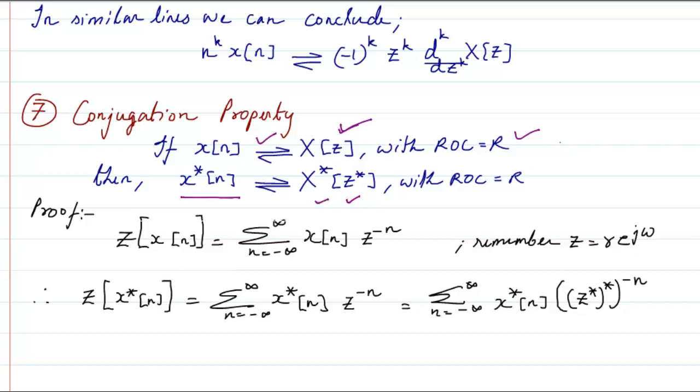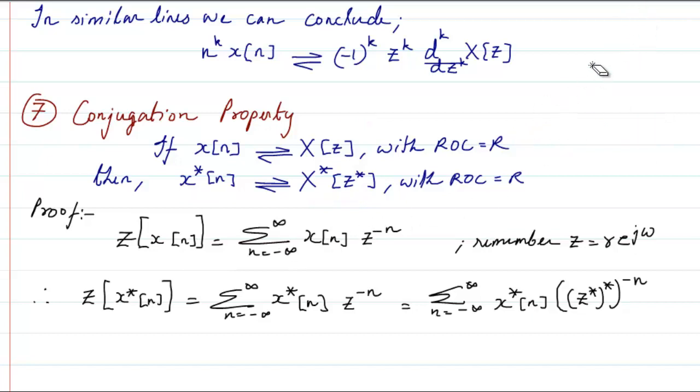Now you might be wondering what we mean by the conjugate of z. See, z is generally given by r e raised to power j omega, and the conjugate of that means minus j omega. Okay,